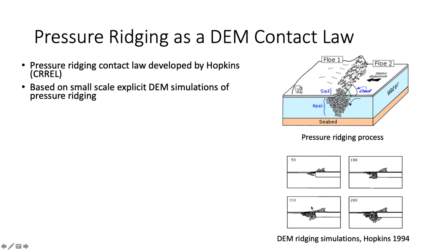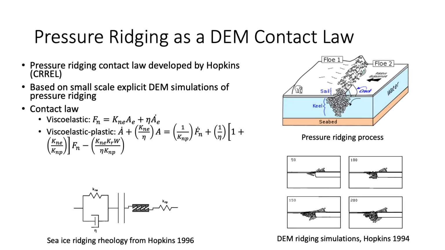Based on the results of these simulations, he was able to develop contact laws that could be used in a discrete element simulation where this local behavior is essentially homogenized out, and it's the overlap areas, indicated here by these A's between the particles, that now capture the ridging and energy dissipation happening in these kinds of